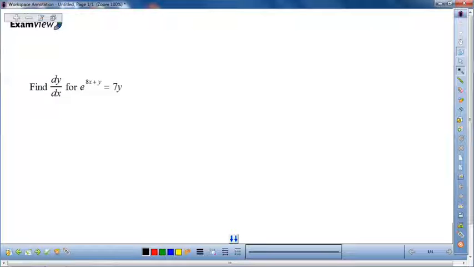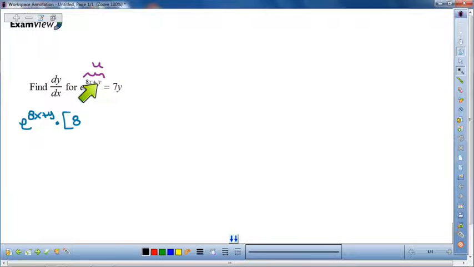So we need to find the derivative. So we're going to use implicit differentiation. Remember that the derivative of e to the u, so this is going to be u, so derivative of e to the u is e to the u, so everything stays the same, times the derivative of u. And the derivative of u is going to be 8